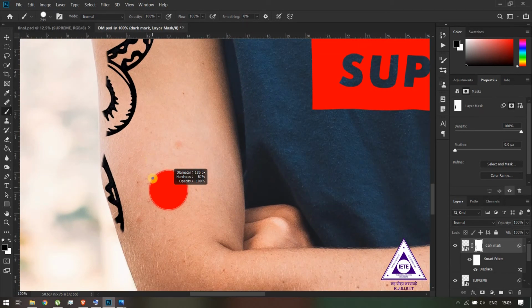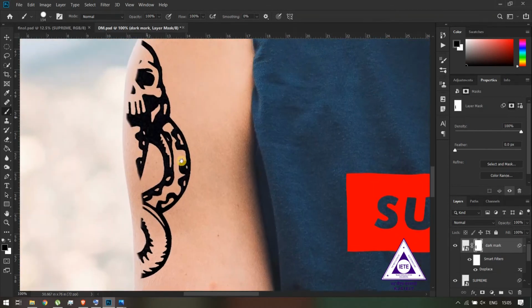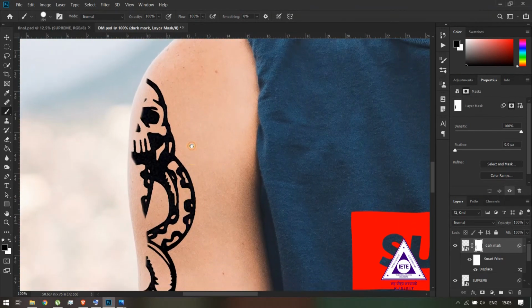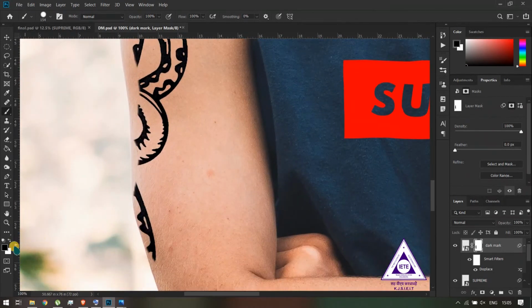Make sure that your hardness isn't too low. Keep the hardness at around between 80 and 90. And now I can bring back the places which I lost while removing the tattoo. So if I just select the white color as my foreground color right here,